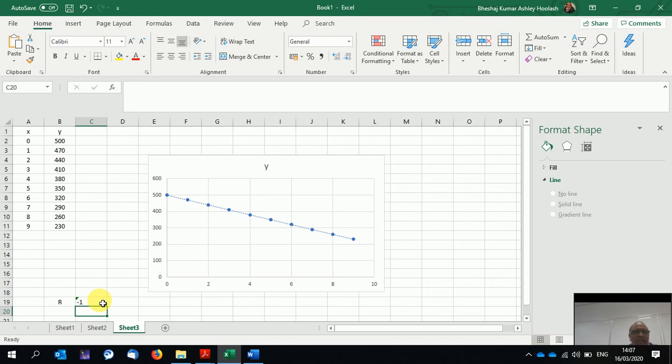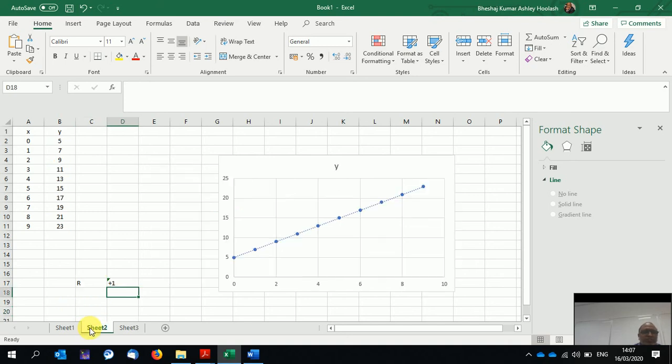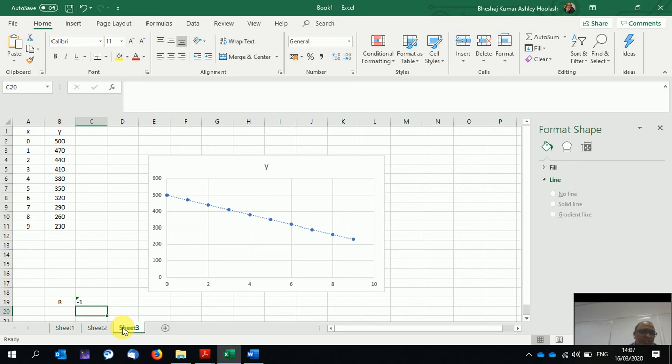only means that it's going downward. I repeat, plus and minus doesn't mean good or bad, or good relationship, poor relationship. No. 1 means perfect, plus means going upward, minus means going downward. That's what it means. Now, this is just to show you the perfectness, 2 examples to show you the perfect relationship. So when all the dots are on the line,